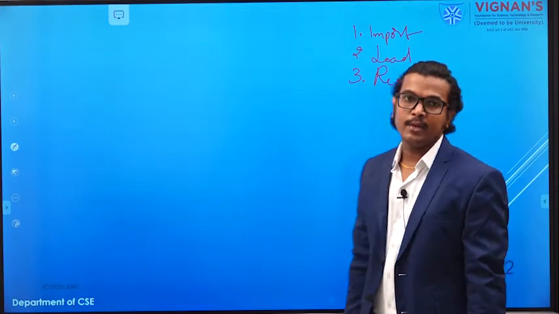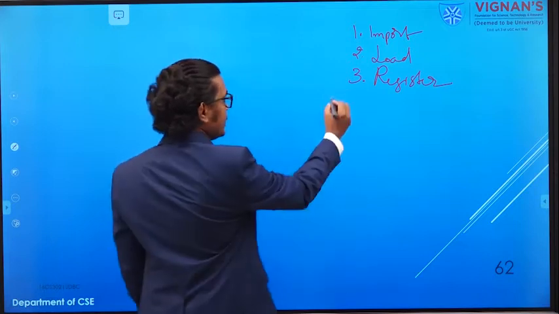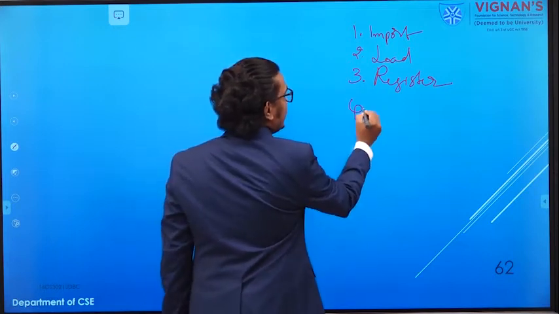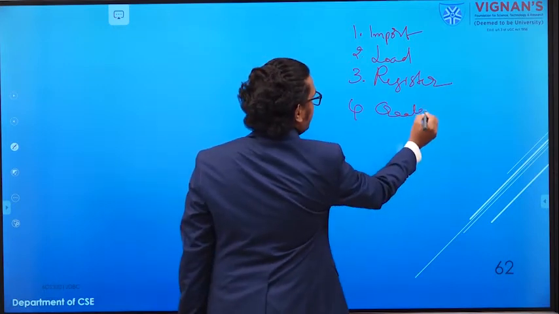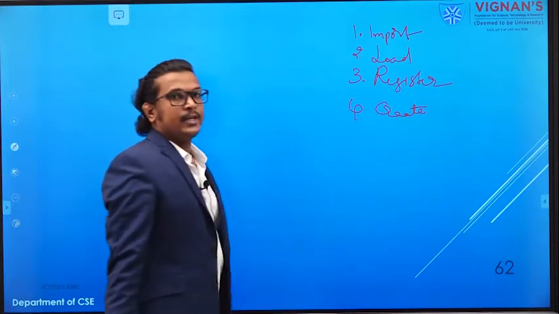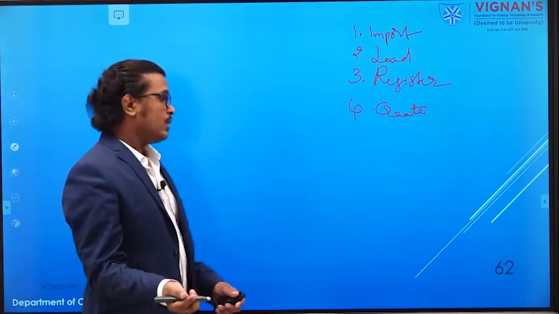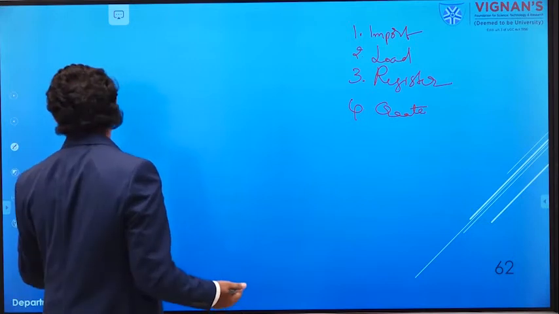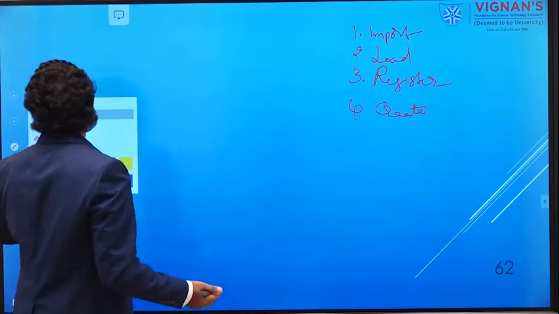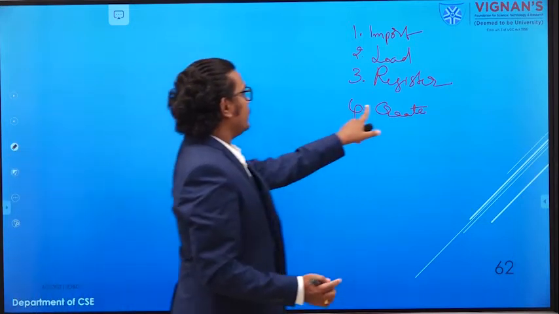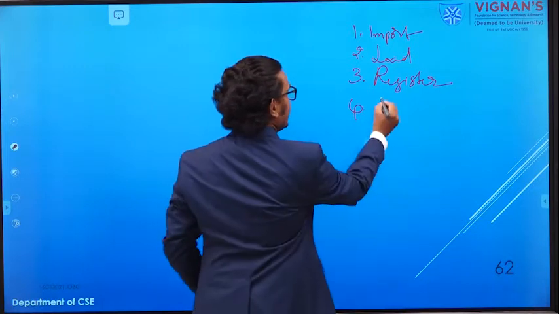Once registration and loading is done, you have to create a statement for communicating with your database. You have to use the connection statement.